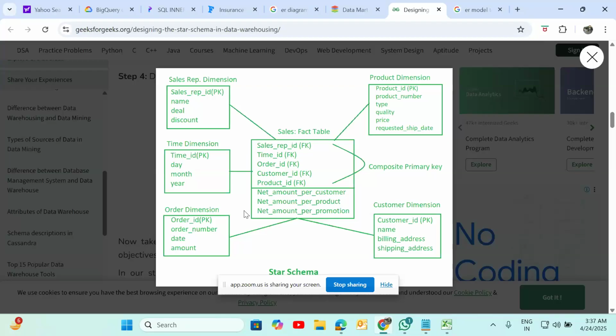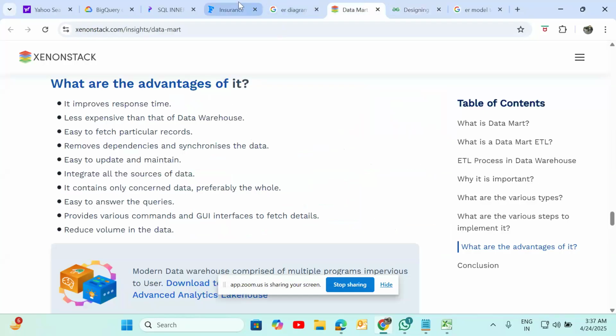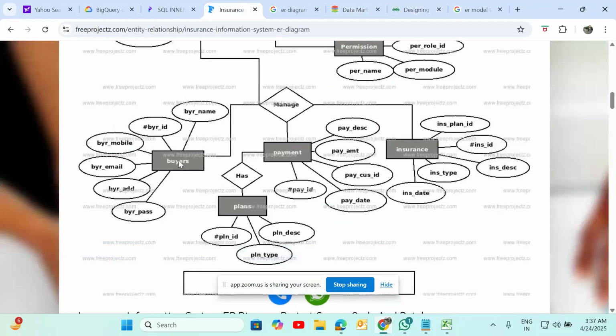We can call it an ER diagram. Let's start with understanding what an entity is. An entity is nothing but one business area. For example, if you have a bank, loans is one entity, credit card is one entity, insurance is one entity. There is an entity, and then entity relations.